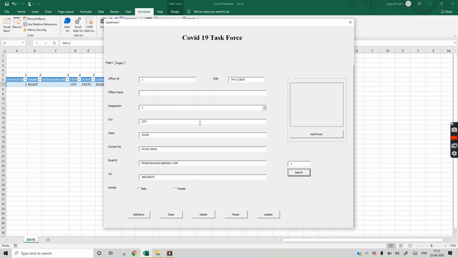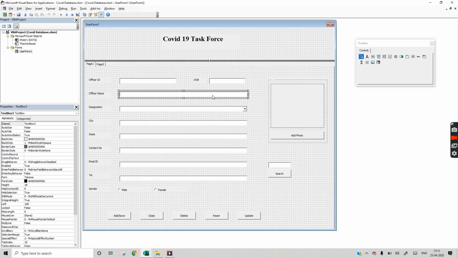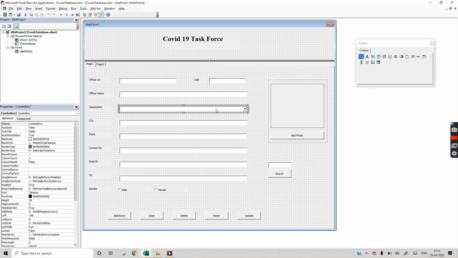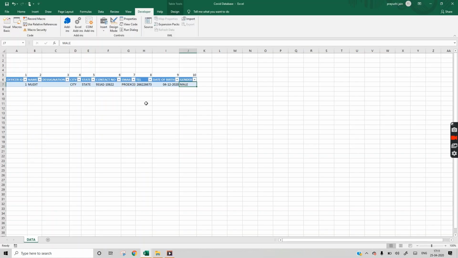Other than that, all is coming correct. Officer name and designation are not correct, so rectify. Officer name is TextBox3 and ComboBox1. So TextBox3 is equal to... okay, designation was empty, that's why. Designation should be Grade 1.